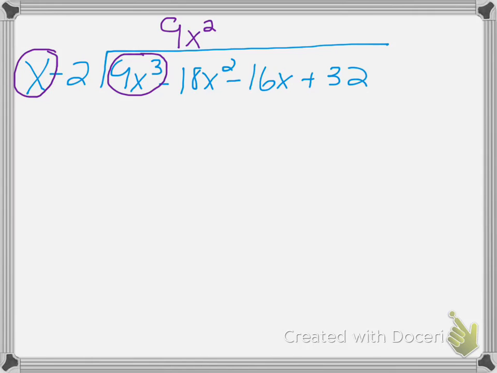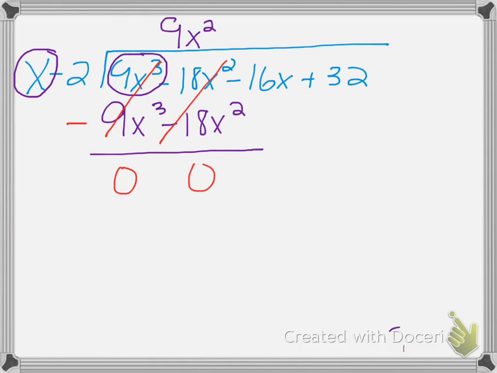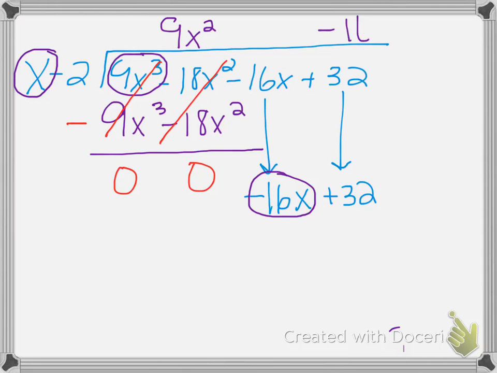Now I need to take 9x squared and multiply it by x minus 2. When I do that, I write it under their respective terms. Once I multiply those two things, I want to subtract them down. Now if you notice, they're both the same. 9x cubed minus 18x squared minus 9x cubed minus 18x squared is going to give you 0 for both of them. Since it's 0 for both of them, I'm going to bring both other terms down, which is negative 16x plus